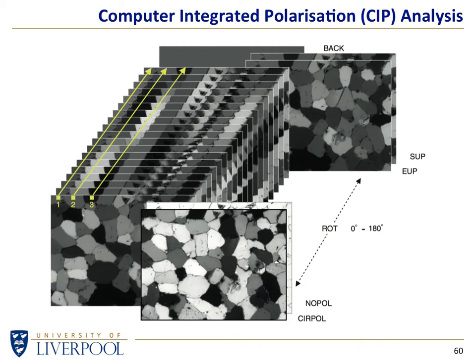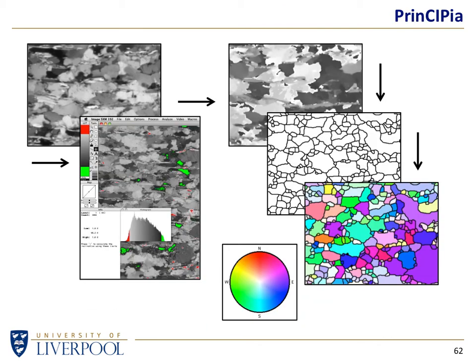So by following how the light changes, dark to light, light to dark, etc., for each of these, we can actually analyze a whole set of these images taken in a polarizing microscope, and not only can we see the grain structure, we can actually quantitatively say exactly which orientation the crystal structure is on